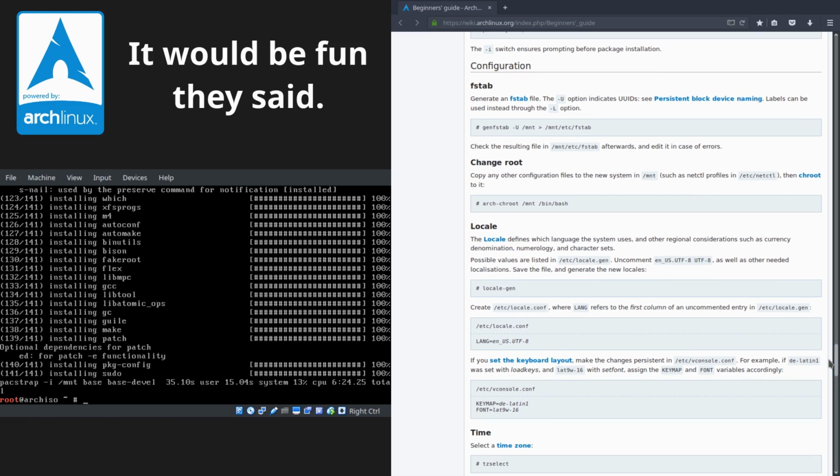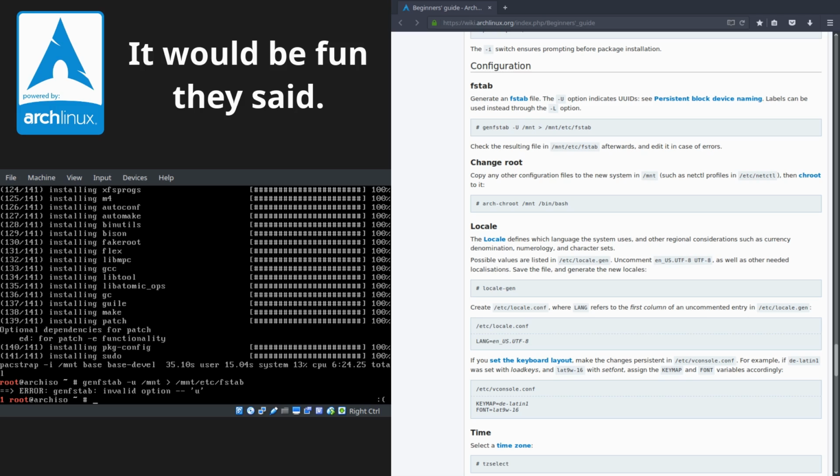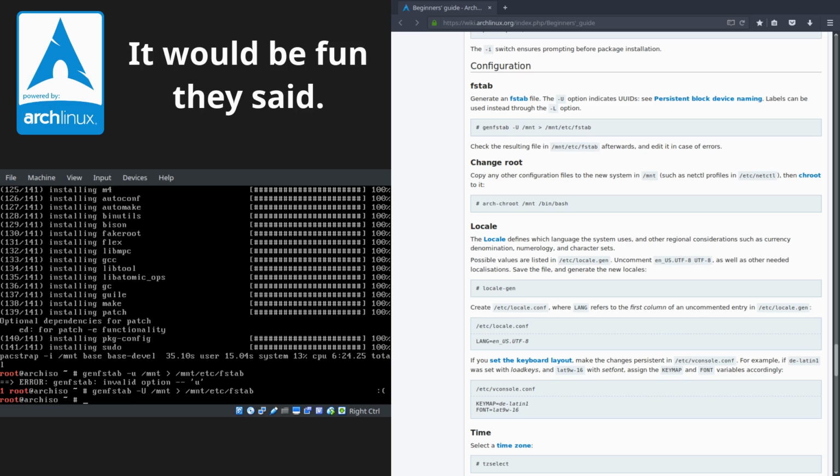Okay, so generate an fstab. Let's see. Generate an fstab. 13% CPU. Okay. genfstab. Fstab. u/mount. That's not how you spell mount. And mount etc fstab. Invalid option U. Capital U. I'm sorry. Oh, there's a not smiley face over there. I'm guessing that's